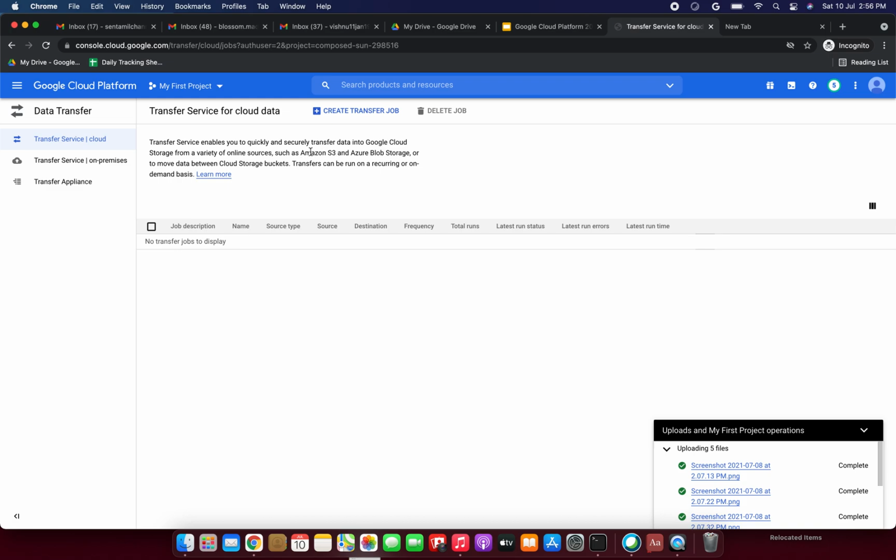With an Amazon S3 bucket, we can transfer files from Amazon Simple Storage Service to Google Cloud Storage. So if you have some files in an Amazon S3 bucket, we can transfer the files from Amazon Web Services to Google Cloud. That's what they are saying. Here I actually don't have an Amazon S3 bucket. So if you have one, let me know.